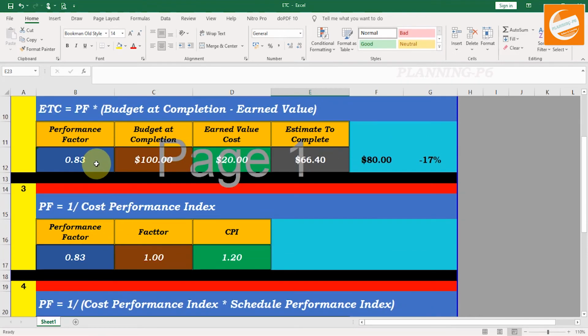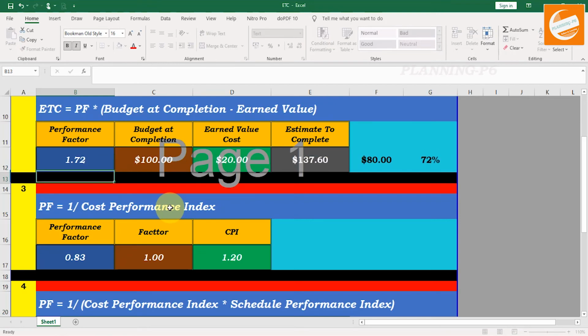Now we apply that performance factor 1.72 here and check the value. You can see we are in delay and now our cost is increased. We planned $80 and we increased that cost to $137.60. That means your activity is 72% in delay status and you are in loss.